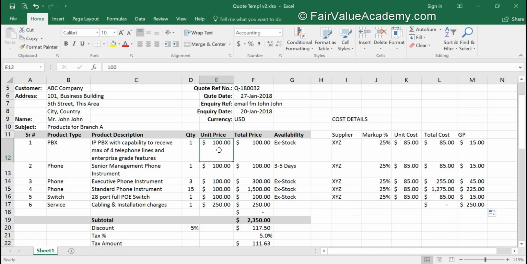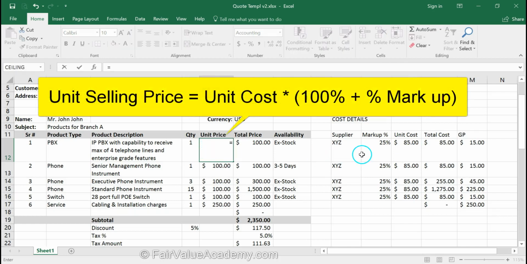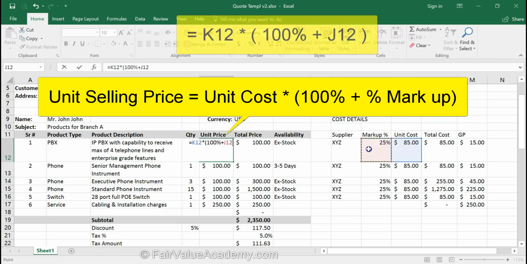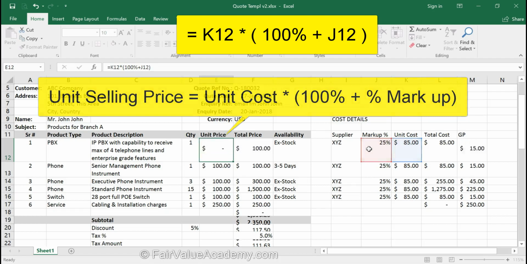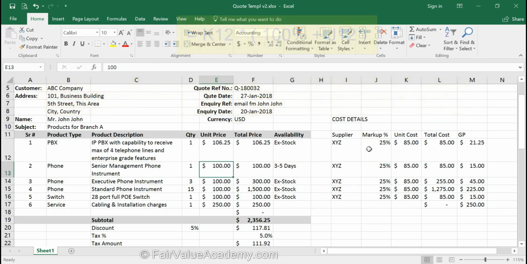Let's write the formula for selling price. So in this particular case, selling price is 25% more of the cost price, which is unit cost. So let's write our formula: equal to unit cost multiplied by 100% plus the percentage margin. So this gives us the selling price of 106.25.